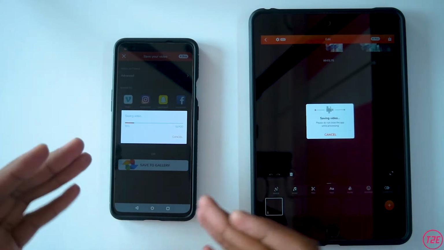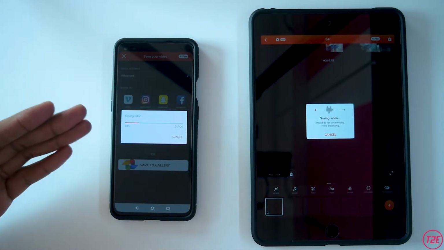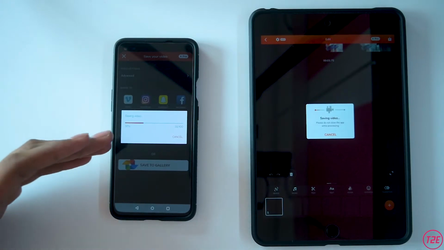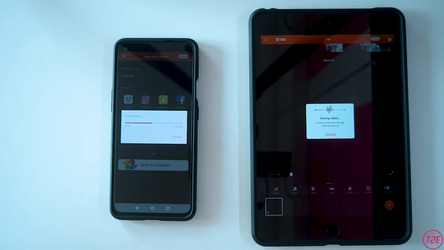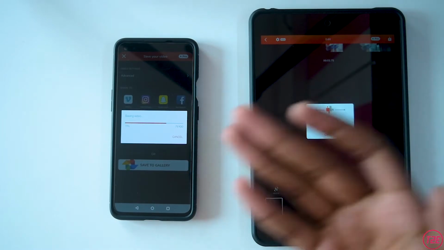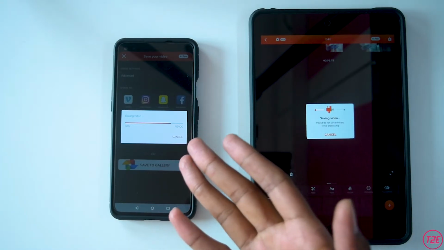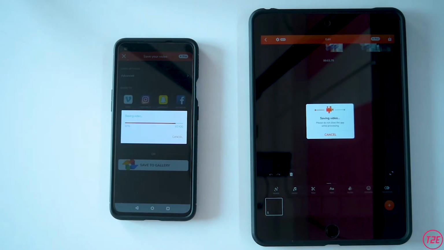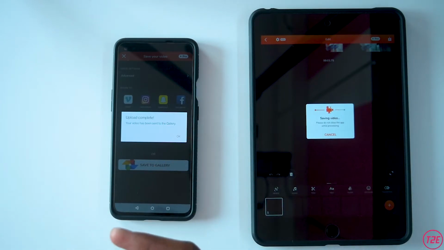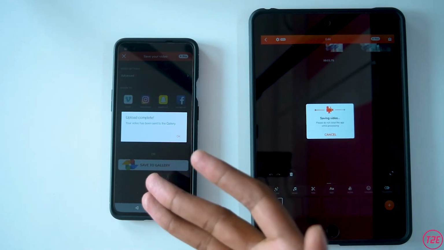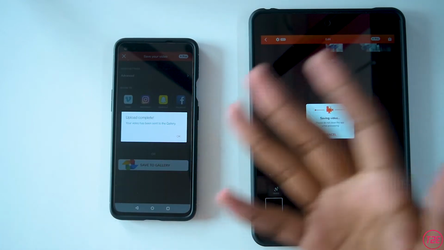the video. Okay, the OnePlus Nord is almost half there already, so it's really crushing the video rendering and video exporting part of this speed test. And the iPad is also halfway there, I would say, but OnePlus Nord is just killing it. Just look at it, it's just going crazy with the export process. It's really fast. It's really showing the Snapdragon 765G's raw processing power, and that is a 2020 phone, so I was expecting that result also, guys.